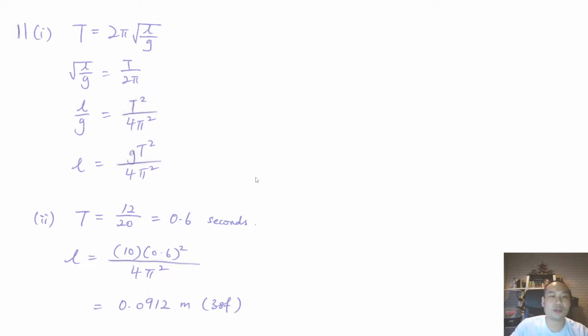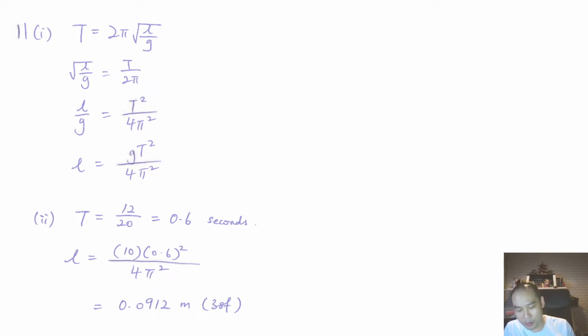And finally, we just need to multiply both sides by g. So that gives us L equals gt squared over 4 pi squared. So that's the formula that we have with L as the subject. Part 2 of the question goes like this. They say that we're going to take g as 10 meters per second squared. Actually, g is the gravitational acceleration, which we know if you are familiar with the formulas when it comes to pendulum. Okay, so they say hence find the length of the pendulum, represented by L,